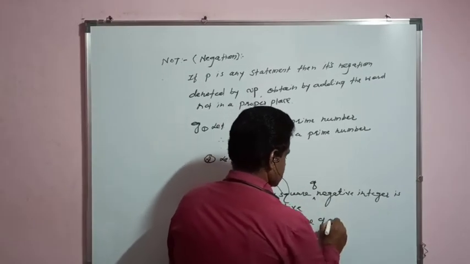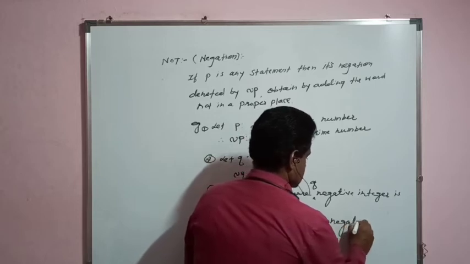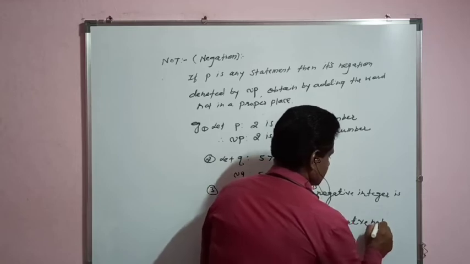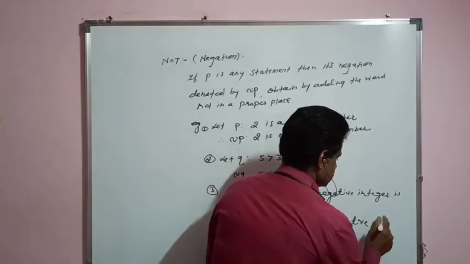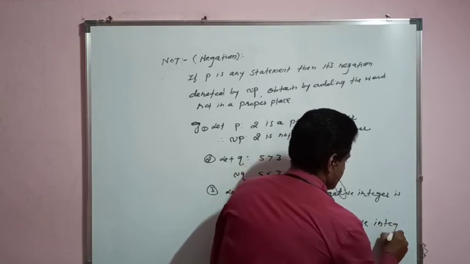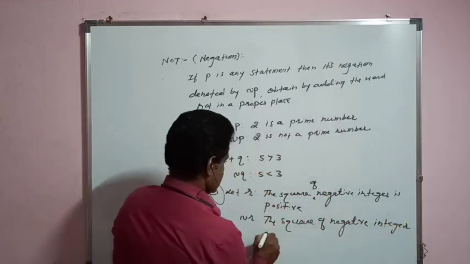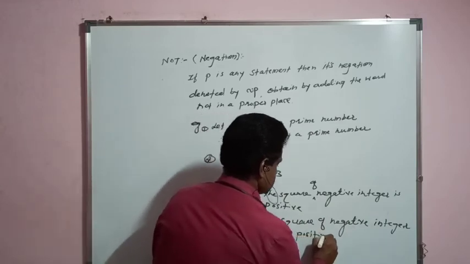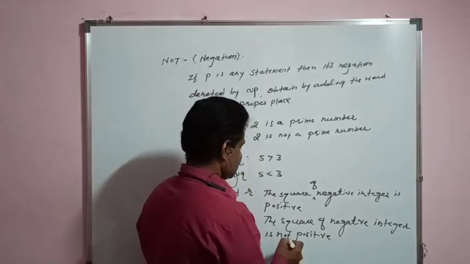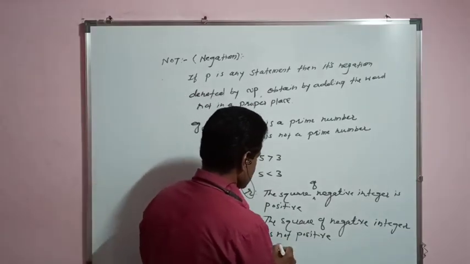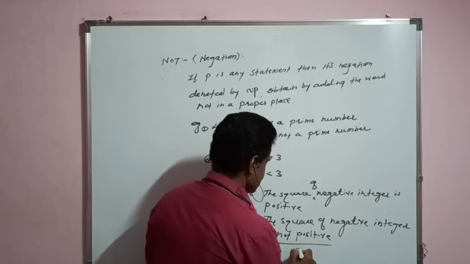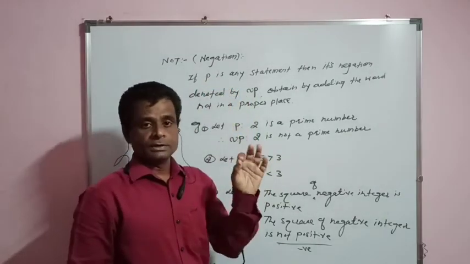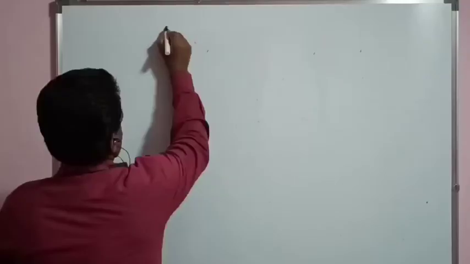The square of a negative integer is not positive. Or even you can write, instead of not positive, you will write a is a negative. This is regarding what? The negation, not. Now next,